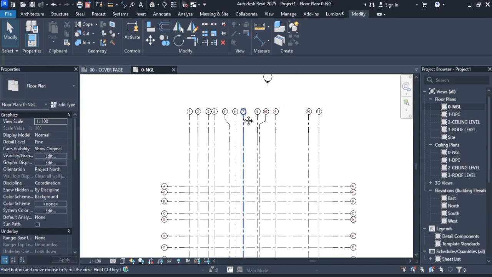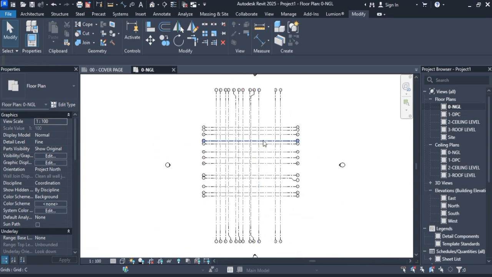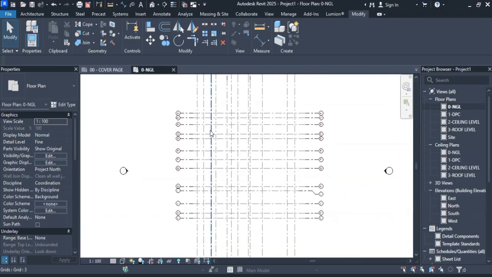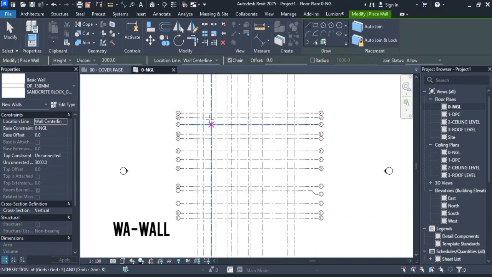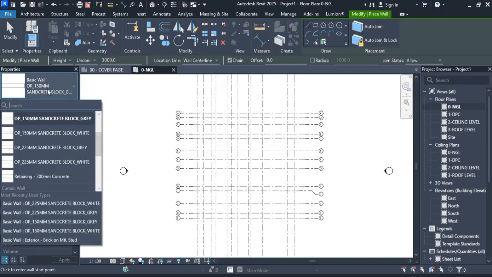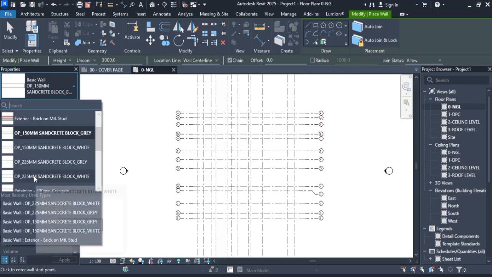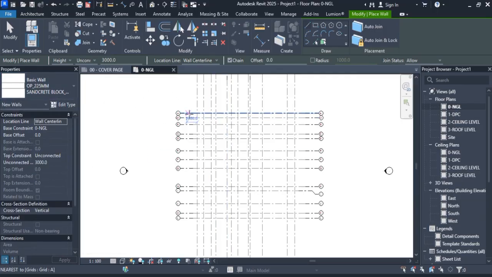Okay, so that's just grids in Revit. These are the grids I'm going to be using. So the next thing is to now draw walls. So how do we do that? For this tutorial, I'll be using the 225 wall. The shortcut for wall is WA on your keyboard, or you go to Architecture and click on Wall. My template has these default walls, so I'm just going to be using the 225 Sandcrete